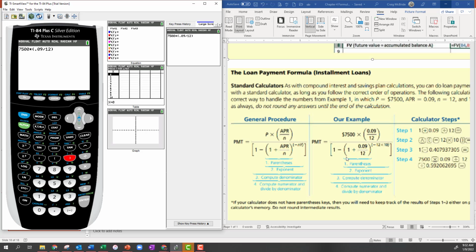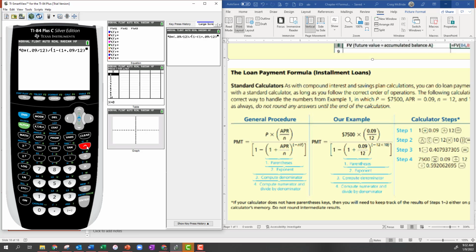So divided by, and then the whole fraction, so we got to do parentheses. 1 minus another set of parentheses. And you'll notice that we can't do square ones. They're all going to look the same. You just got to keep track of them. 1 plus, and then 0.09 divided by 12. Close the parentheses, and then